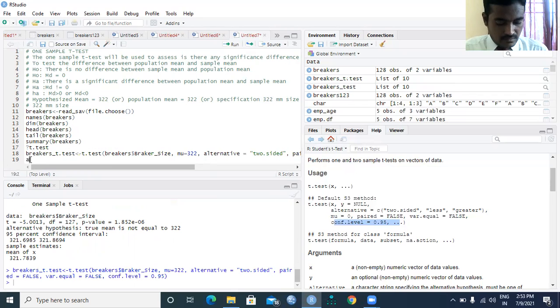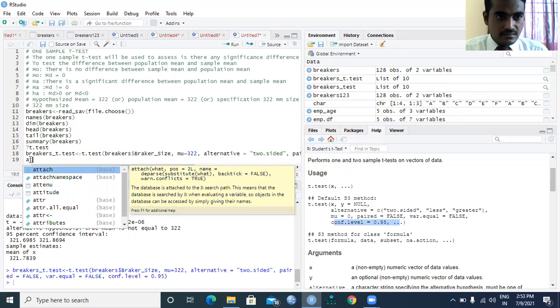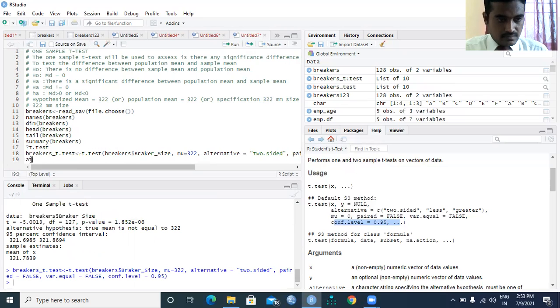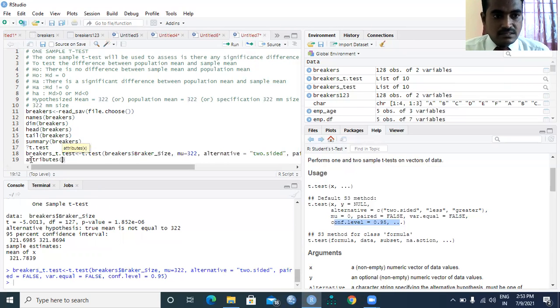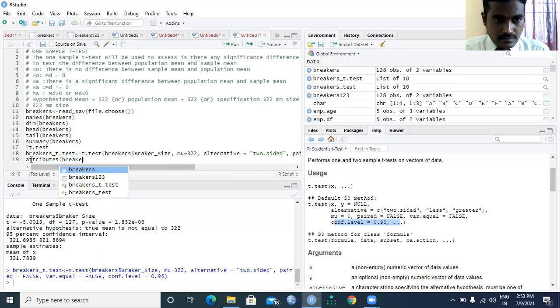Right now, I'm going to use one more function, attributes, on breakers t-test.